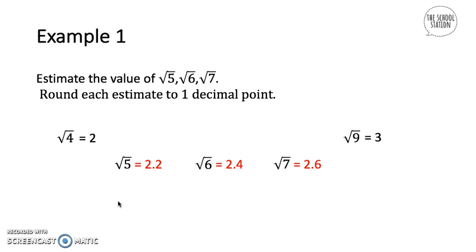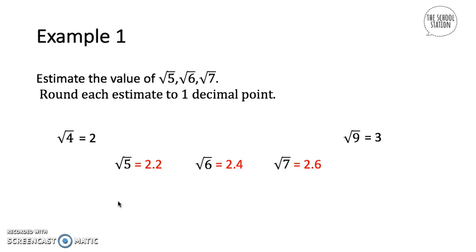It really depends on what you thought. But for me, square root of 5 I thought is equal to 2.2. So you basically just have to write that down. And then I went to square root of 6. And again, I feel like square root of 6 is actually kind of more in the middle, to be honest. So I actually estimated 2.4 because I thought it was just a little bit closer to